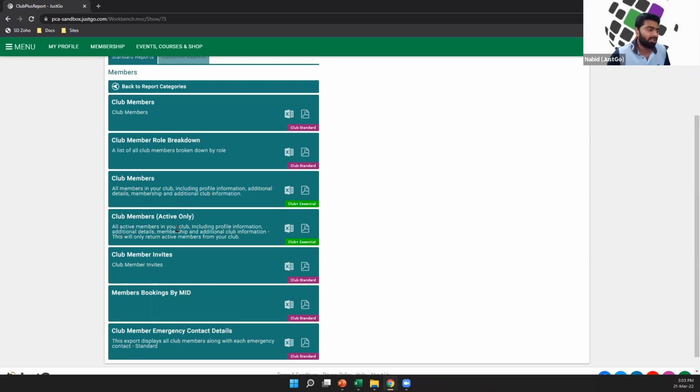The next one is club member invites. If you go onto your club profile or your club members tile, you'll see a button called Add New Members. You'll also see a button called Add Existing Members. Let's say you have a member who you know already has a PCA membership and you want to invite them to your club. In that instance, you can use the Add Existing button and you will get a summary of all the invites that you have sent and if they've accepted it or